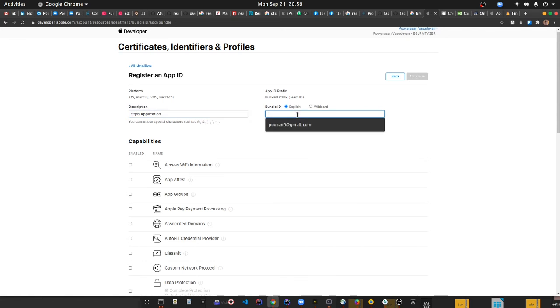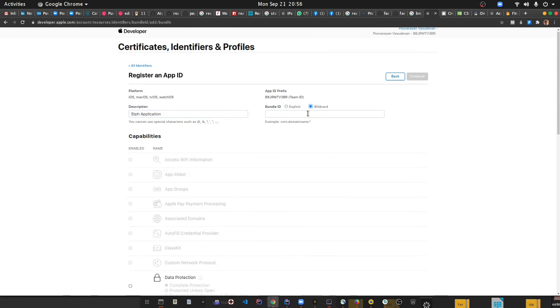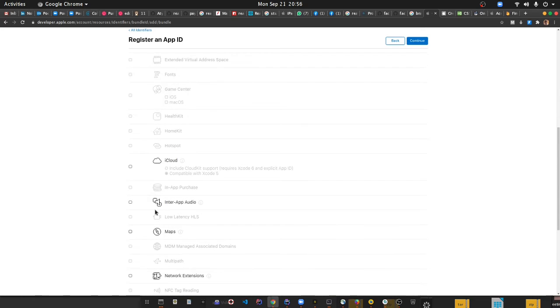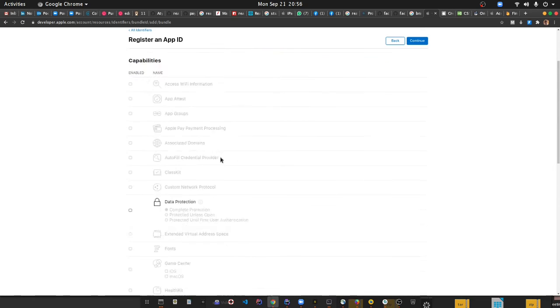application, and for bundle ID you select wildcard, and you just select com dot stph dot start. And finally everything is protected here. As you see now